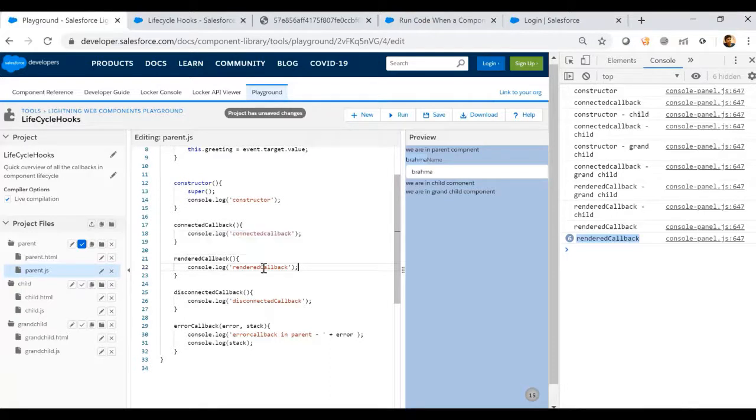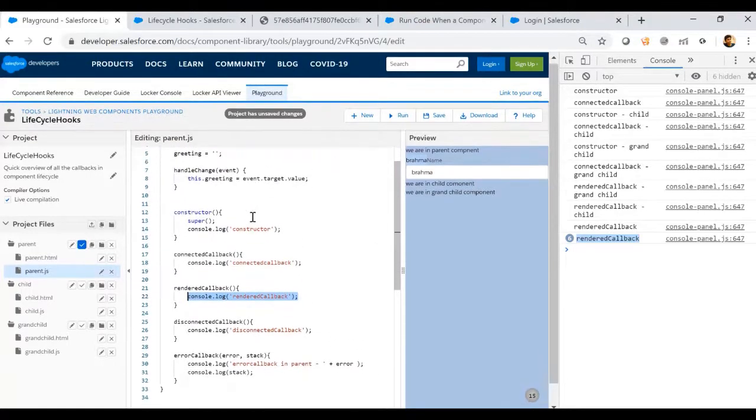We can avoid that by having a property, similar to how we generally avoid recursive triggers, to avoid that recursive nature. So that's about rendered callback.